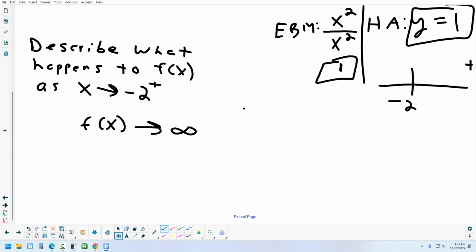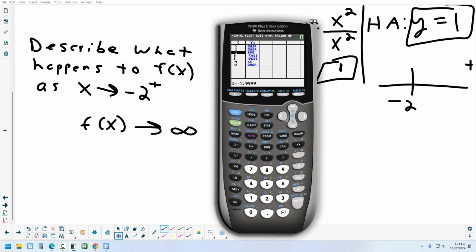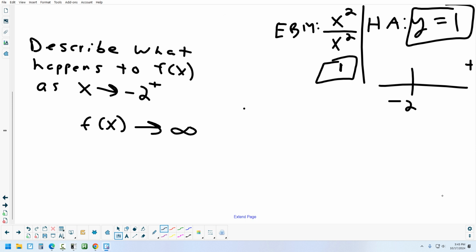Now, if I said, describe what happens to f of x as x approaches -2 from the negative side, what would be a number that is on the negative side of -2? -2.1. How about even closer? -2.01. -2.001. Okay, very, very close. We're at -1,000. All right. So that means you're approaching what on that side? Negative infinity. Yep. So if I ask you to describe the behavior near a vertical asymptote, that's what I'm looking